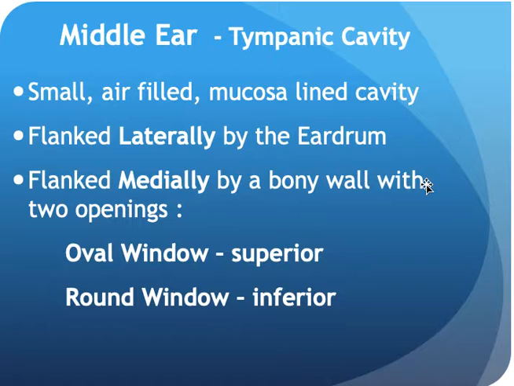Okay, so the middle ear is called the tympanic cavity. It's a small air-filled mucosa-lined cavity. It's going to be, again, flanked laterally by the eardrum. Medially, it's going to be flanked by this bony wall. It's going to have two openings, oval window superiorly, round window inferiorly. Those are going to come back into play when we're talking about moving the fluid in the internal part of